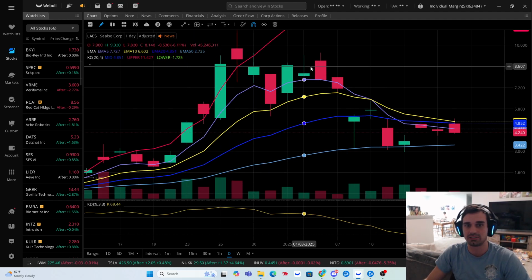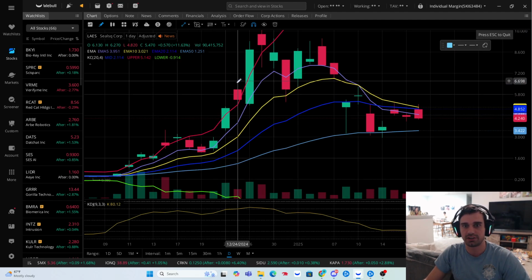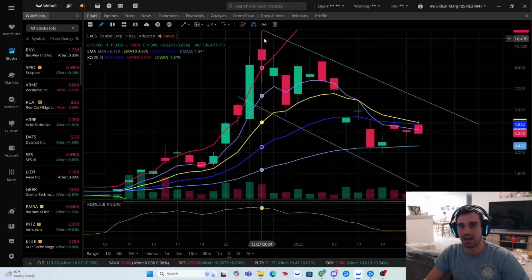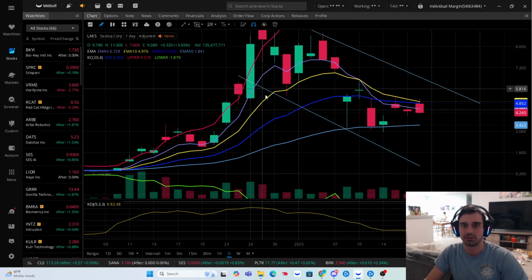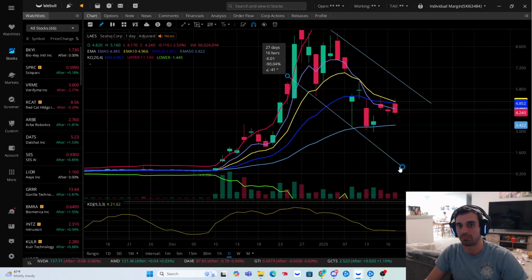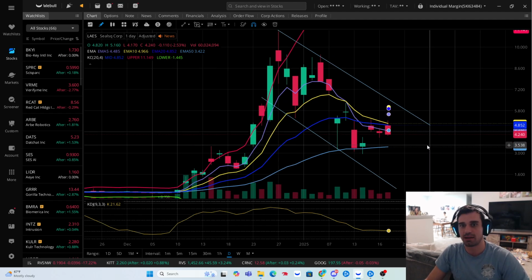This is how I look at the chart here. A lot of people will be looking at this and be like, oh, this is very bearish, because look at the chart, look at the trend line here. We're making a higher low now, and a lower low is happening. And in my opinion, this is a perfect area for a bull flag to happen. I don't think this is that bearish.